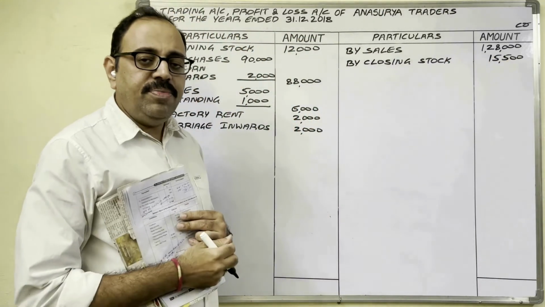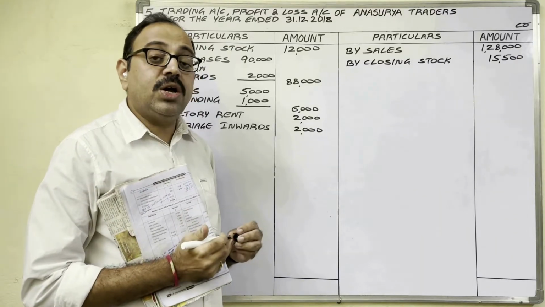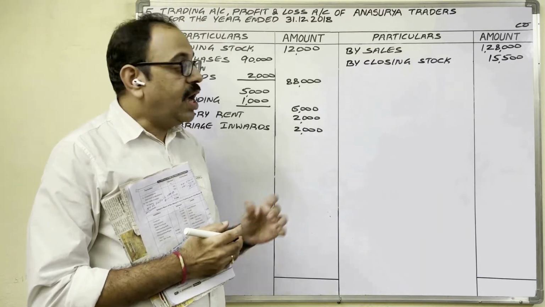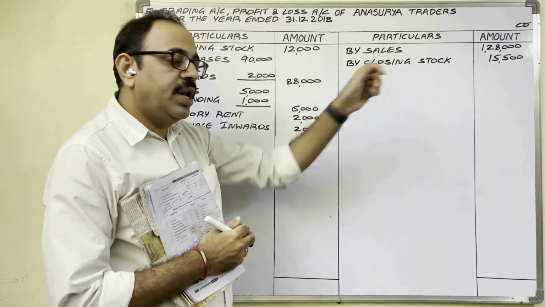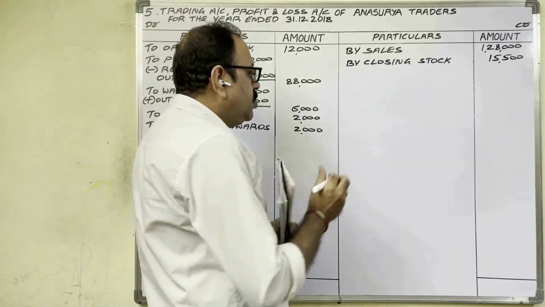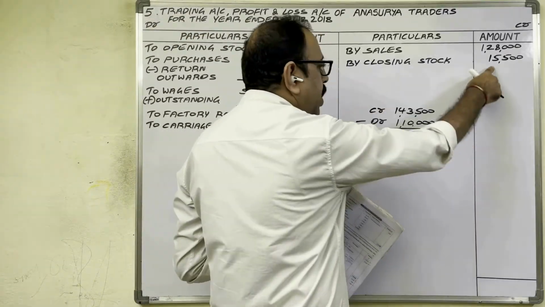All amounts we have taken. Finally, calculate the gross profit or gross loss. Observe which side total is more. In rough notes, you have to write the total. Credit total is